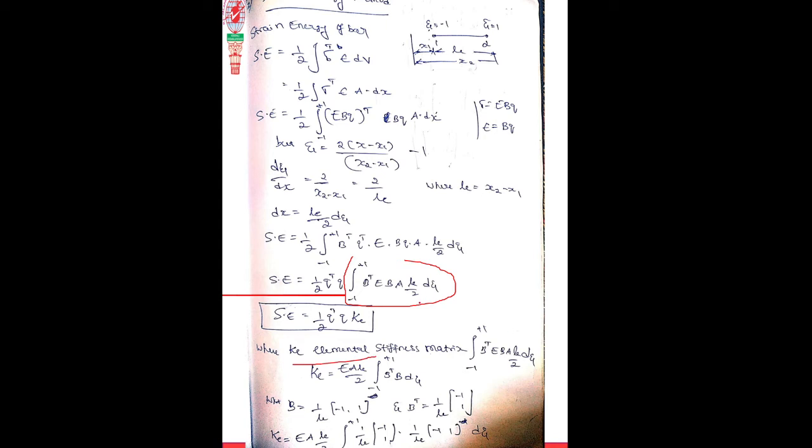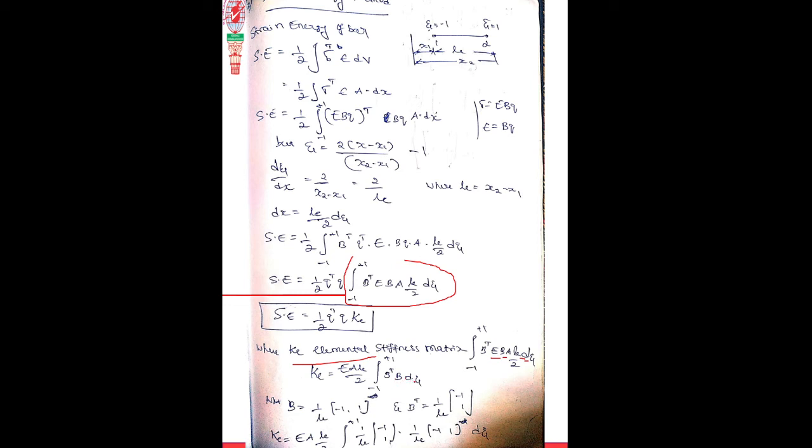This whole term I can call as Ke, that is, strain energy is equal to 1 by 2 qT Ke q. So this much is called element stiffness. Therefore, what we consider K as, that is the integration of B^T E B into A Le by 2 dζ. Again in this I can take the constants outside, that is E A Le by 2 B to the power of T